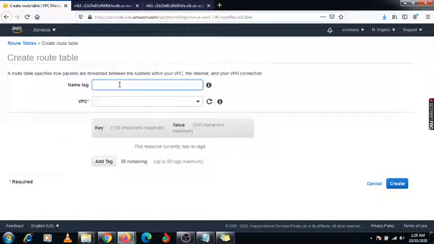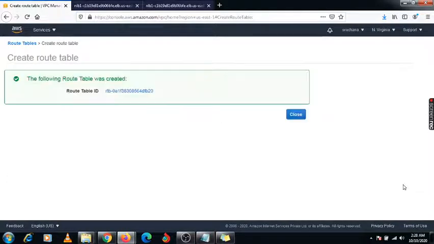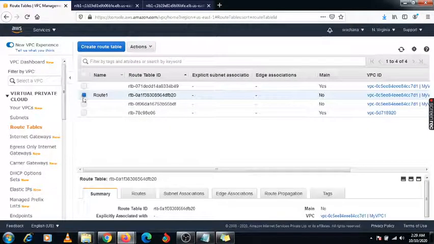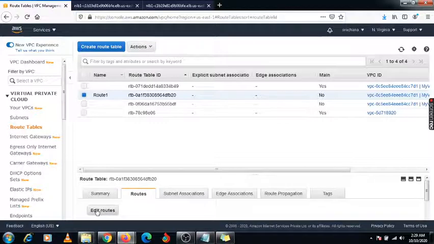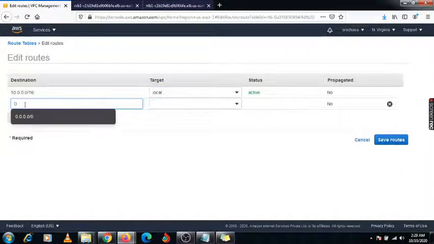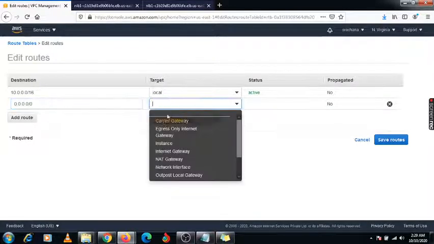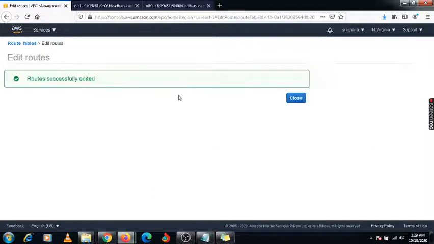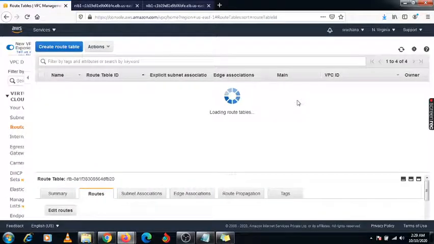Here I need to select the route table as route 1 VPC, my VPC, and create it. Now this route is created. Under this route you need to add an entry to connect your machine with the internet using this internet gateway. Just save it and close it.